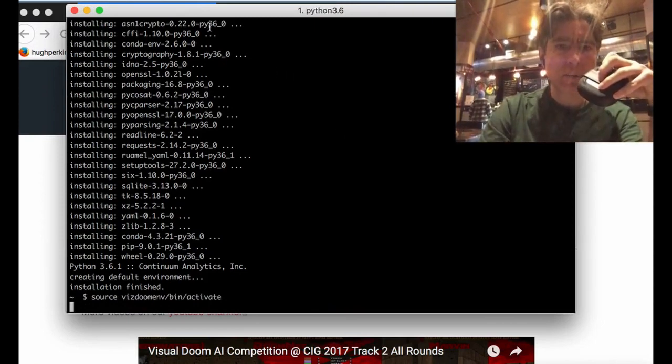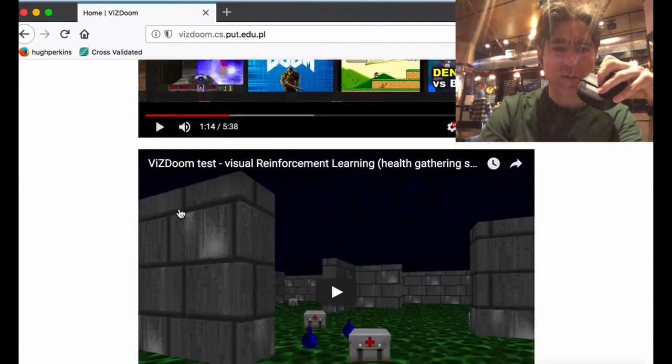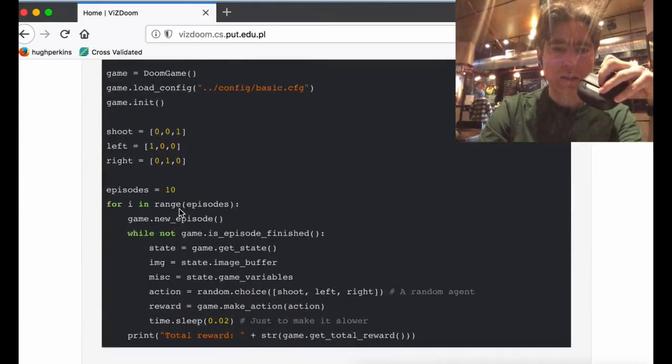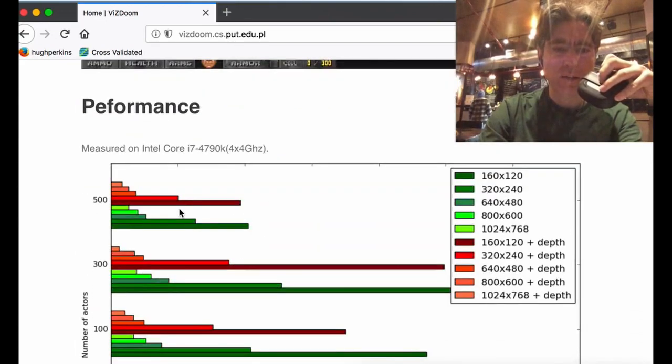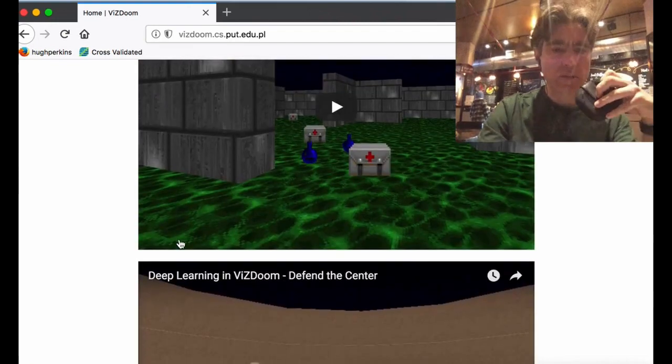And then once that's done, we're just going to do the pip install VizDoom, which, if you go on the website, is all you have to do. Somewhere it says how to install it. I don't remember where, but it's basically just something like pip install VizDoom.